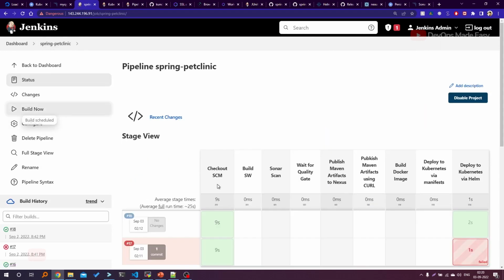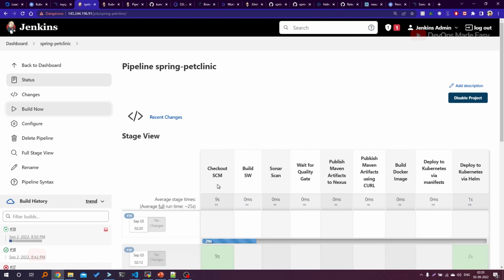Now let's talk about the post build actions, that is sending the emails. For sending the emails you need the SMTP server details. Inside your organization, if you ask the cloud team or the SMTP team, they are going to give the SMTP server details on what port number they are using and what are the user credentials and all. So for mocking